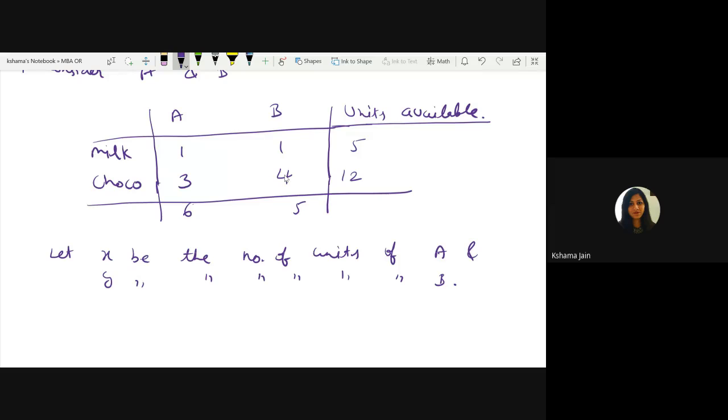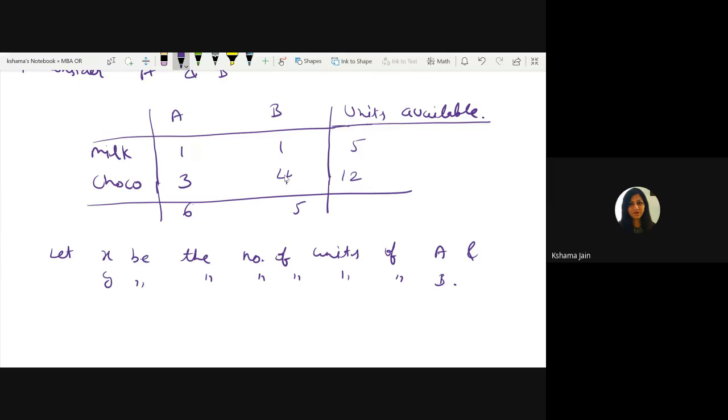Okay. Let's start with this. So we have considered X and Y. Now try to understand. They are saying per unit profit of A is 6 rupees. Then we are saying X units are there. So total profit will be 6 into X, isn't it? If I ask you that one chocolate is 6 rupees, 2 chocolates will be 6 into 2, that is 12 rupees. Here, we are saying X number of A chocolates are there. So on A, our profit will be 6X. And on B, our profit will be 5Y. And ultimately our objective is to maximize the profit.